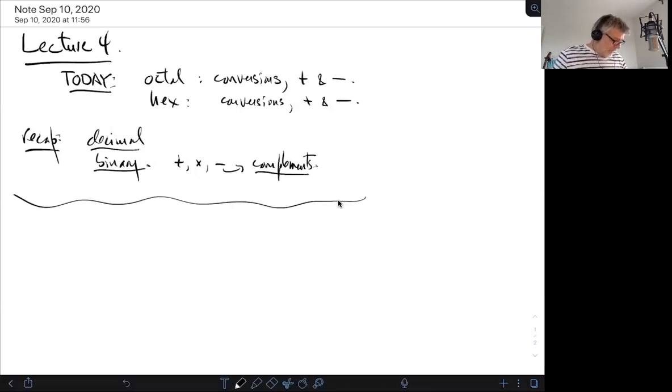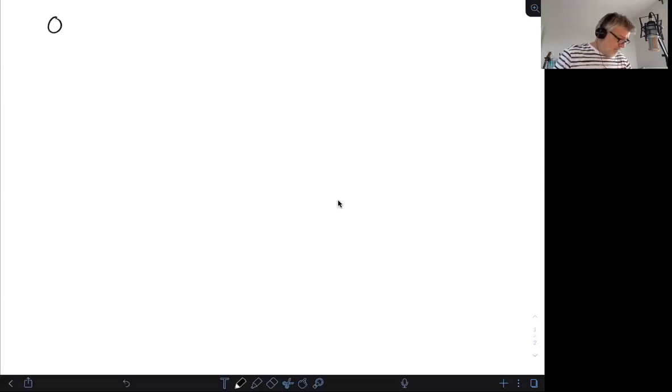Now, in the book, this is in chapter 2, which is entitled Computer Codes. Let's forget about that for now. We'll start that properly next week. So now you can just think of octal and hex simply as an extension of what we were doing up to this point, okay? So let's start with octal, which is